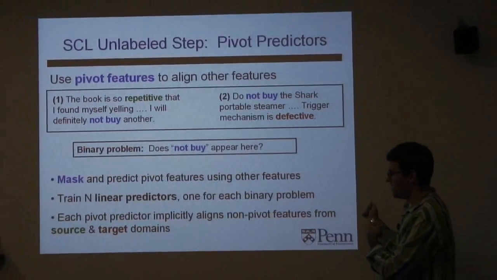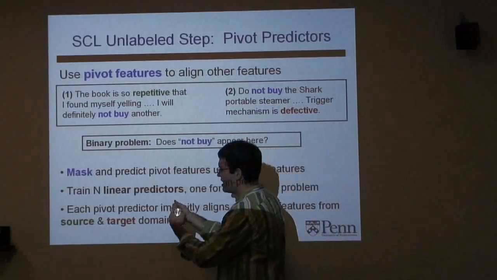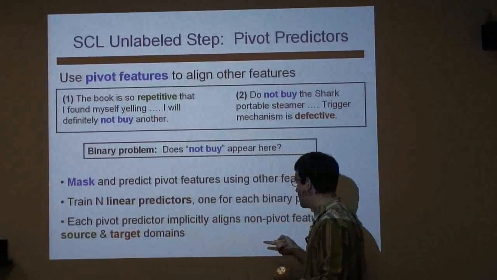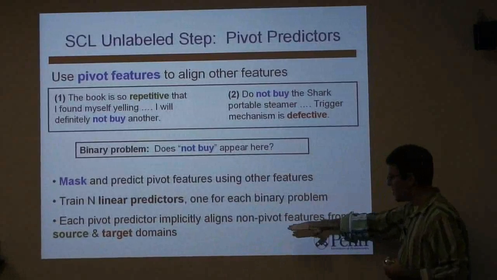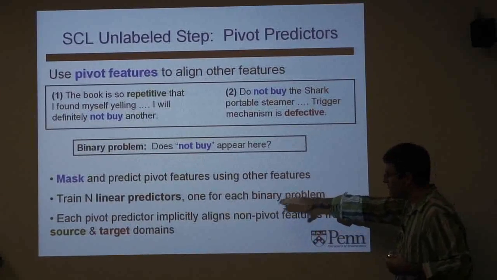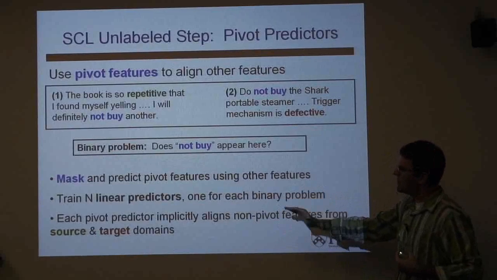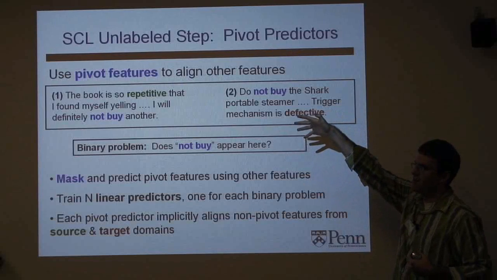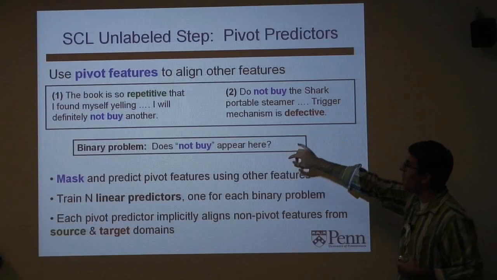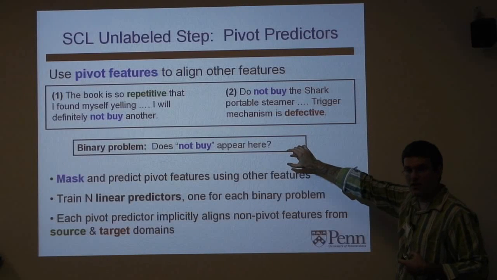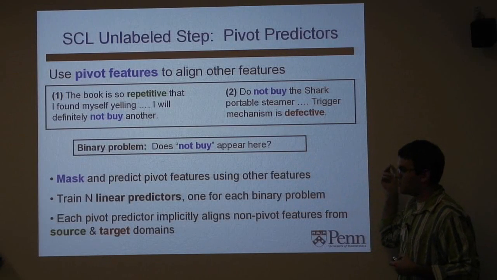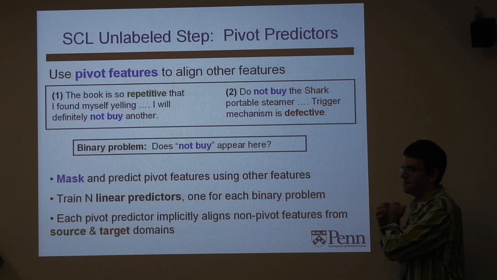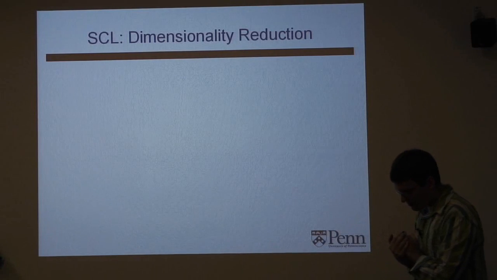The thing to notice here is that each linear predictor we train is characterized by a weight vector, right? And the one issue I want to point out is that these, what I'm going to call pivot predictors, are implicitly aligning features from different domains, right? How do they do that? Well, if we notice that defective and repetitive both have positive weight for this not by pivot predictor, then we can kind of say, well, hypothesize that these might be aligned, right? Okay, so